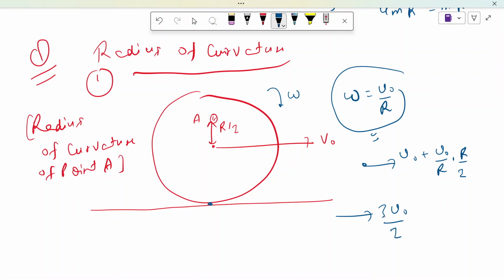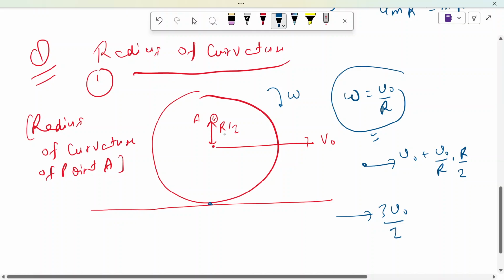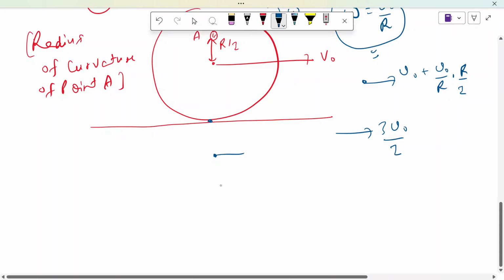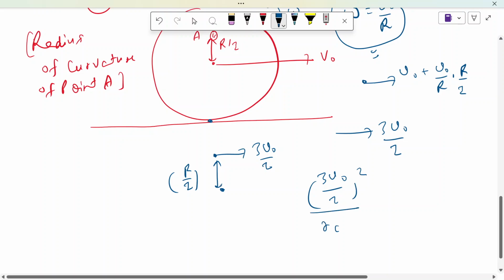The acceleration of the particle at the center: there is no angular acceleration, so the only acceleration is centripetal acceleration, that is v naught square by r. In this case, the particle has velocity 3 v naught by 2, and this point is at distance r by 2. So the acceleration of the particle with respect to this point is (3 v naught by 2) square divided by rc, which should be equal to